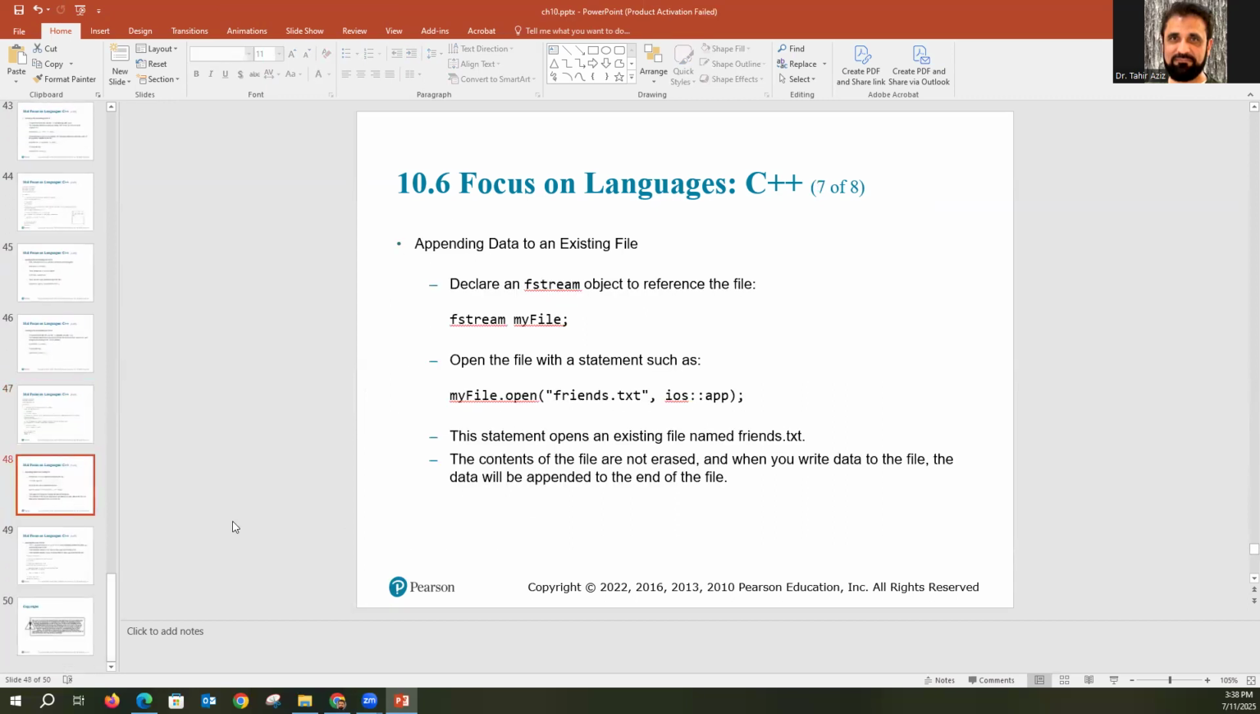Okay, last couple of slides, guys. We are almost there. Now, what if I have to write something and I'm being careful and I want to append? Append means I'm going to write the data all the way at the end. So you will use